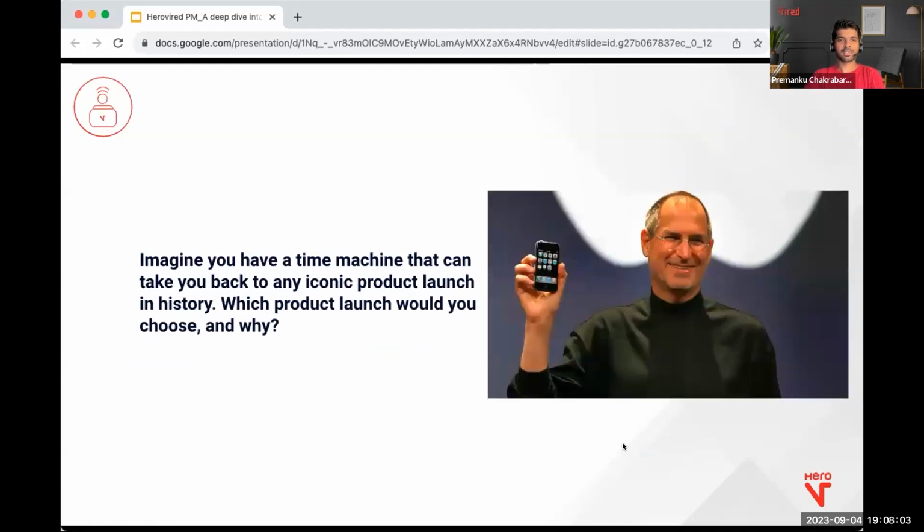The one which I think is one of the most popular ones is by Steve Jobs, 2007, when he launched the first iPhone, right? Steve Jobs is a master marketeer. He also happens to be a product management professional that rose up to become a CEO. Some of his key skills include thinking really, really big, and he's also known for innovation, which is what Apple in general is also known for. But apart from that, he could create really amazing